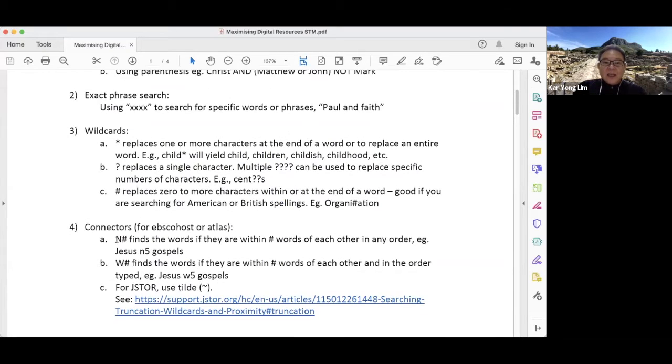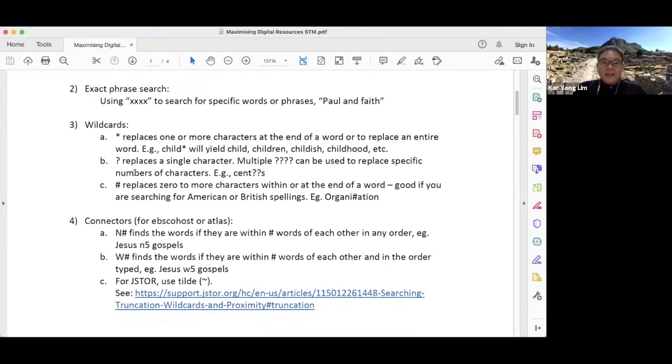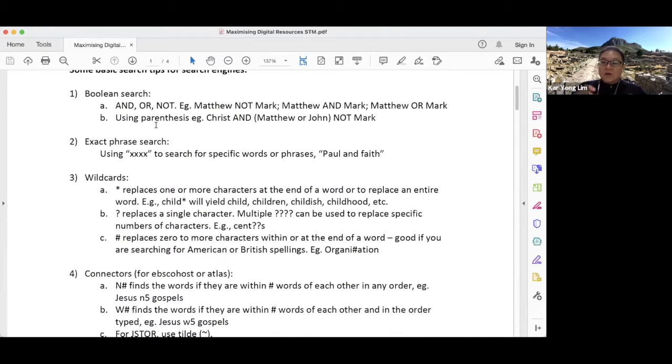I particularly love the wildcards, the asterisk, and the hashtag because I actually find these very, very helpful. Just some quick tips for us to remember that as you key in the search engine, this is one way that you could make full use of the wildcards and all the Boolean search in order for you to build a search that will be tailored or customized to what you are